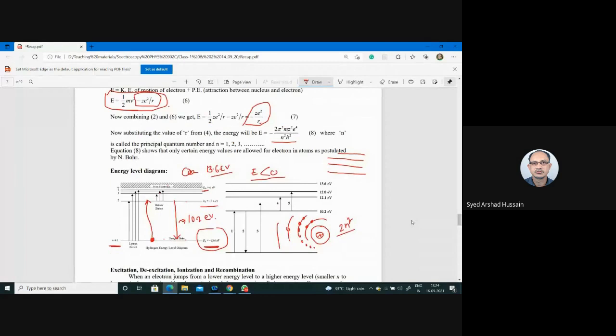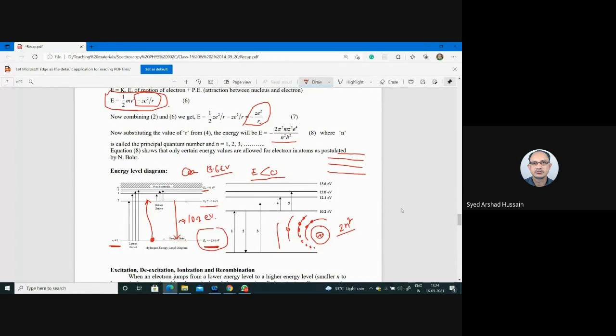And you know, when electrons are excited to a higher level, the lifetime of the electron in the higher level is very short, of the order of 10^-9 seconds, and it comes back to the original state. Depending on how long it stays, and what happens during the return, there are several phenomena: fluorescence, phosphorescence, delayed fluorescence, so many. And these have a lot of applications also.